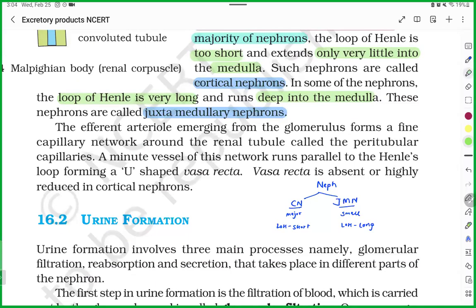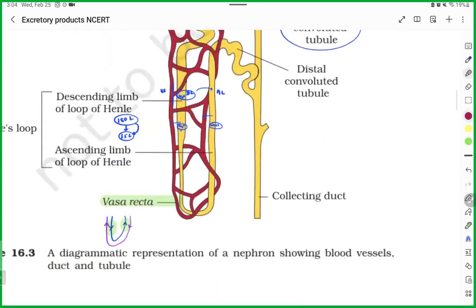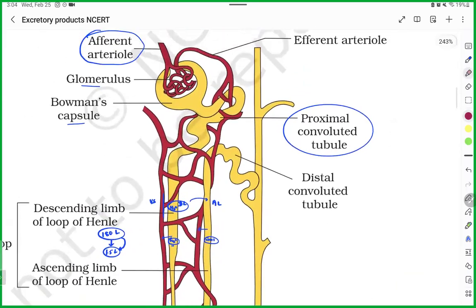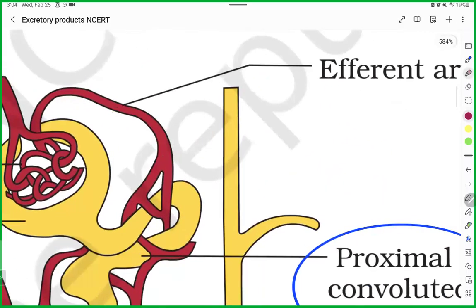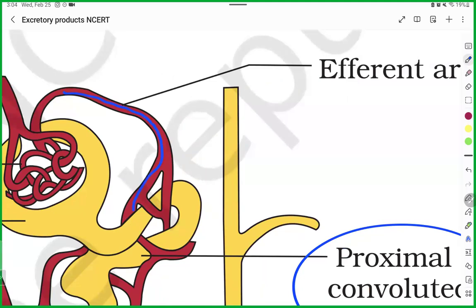From your efferent arteriole, many blood vessels of the glomerulus will come out, a capillary network that will move around the loop of Henle. These are known as peritubular capillaries. So if somebody asks what is peritubular capillary, it is this whole mass coming out of the efferent arteriole. See, here you have the efferent arteriole. This efferent arteriole is further divided into a network like this. The whole thing is known as